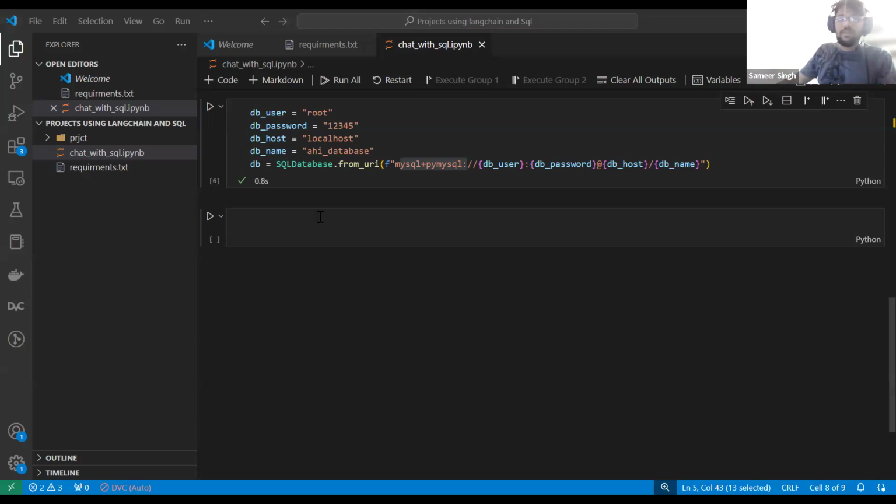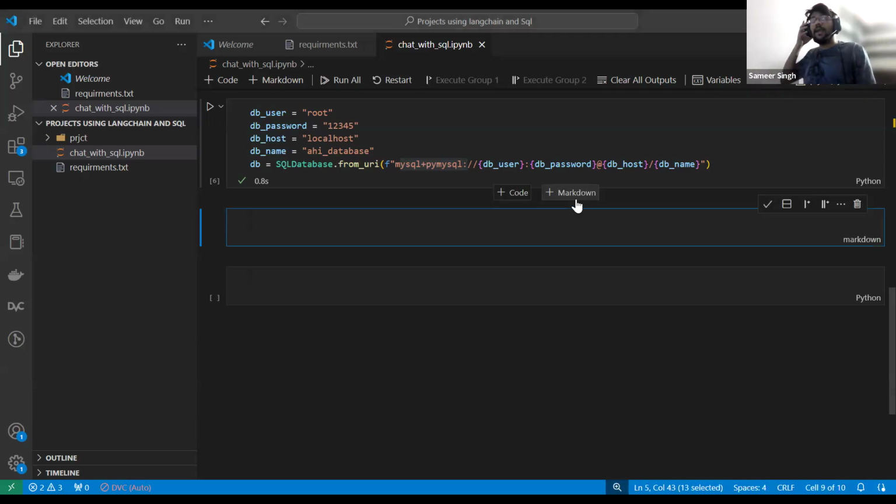Great. Now what I'm going to do, I will set up the LLM. I'll say toolkit, which we have imported, and agent executor.